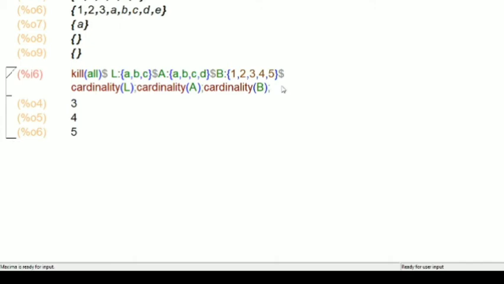So let's write kill all, and let's store the value L with A, B, C, M with A, D, E, and N with 1, 2, 3. Okay, if you want to display you can, otherwise simply give this.